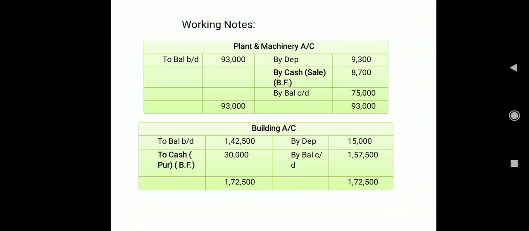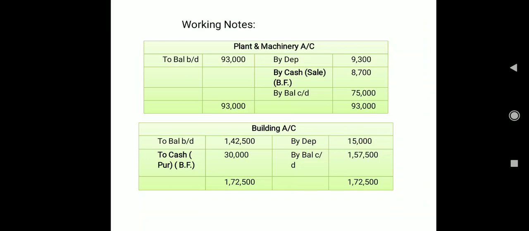So again, if we are getting the balancing figure on your credit side, then it is going to be our cash sales. Assumption only. Okay, cash sales, we are assuming that the difference amount, worth rupees 8,700, of plant and machinery we have sold, and as it is a sale, it is going to be a source of fund, because whenever we are selling something, cash is coming towards our pocket. Clear? Now the same thing we are going to open with the building account also.